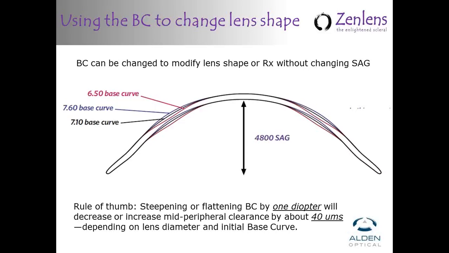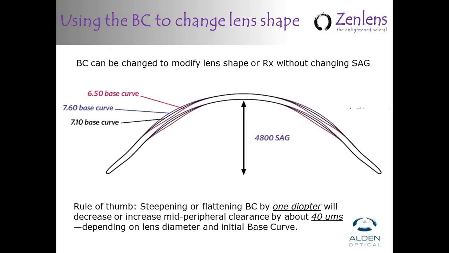And remember, the way this lens is designed, the smart curve technology disengages the base curve change from the sagittal depth change. So in other words, you can change the sag without changing the base curve. You can change the base curve without changing the sag. And so that's what we're going to talk about right now: what happens if you have a central clearance that you like,